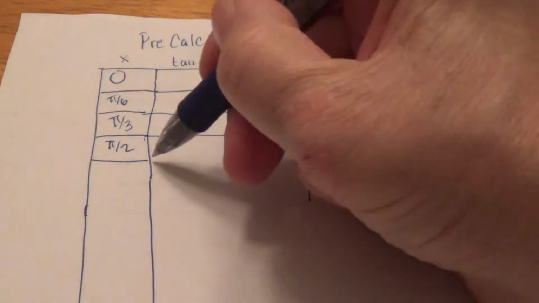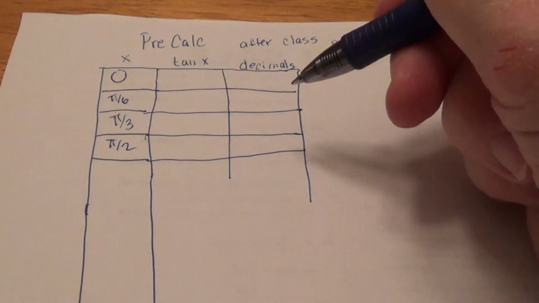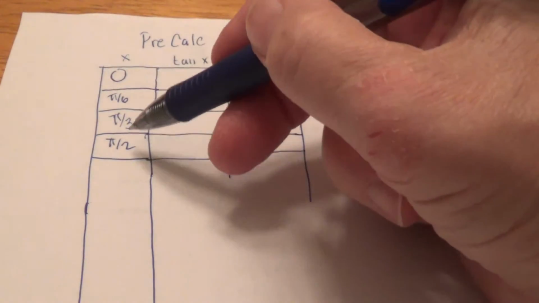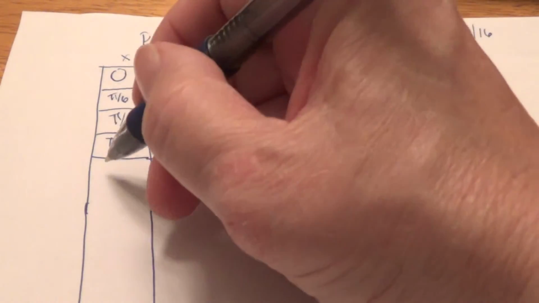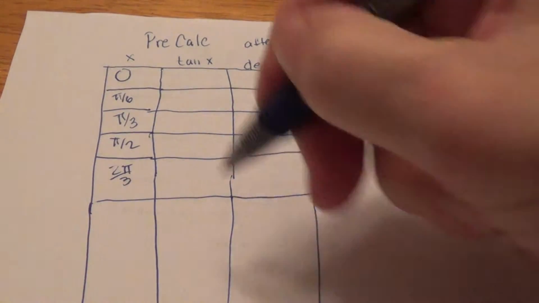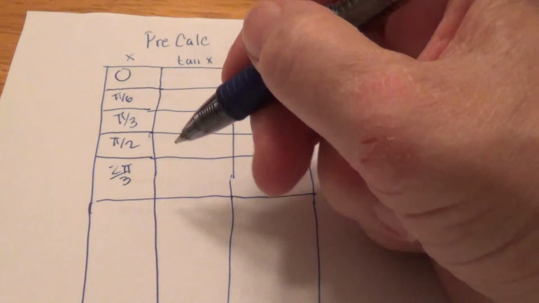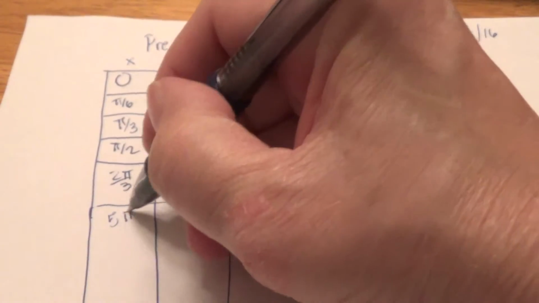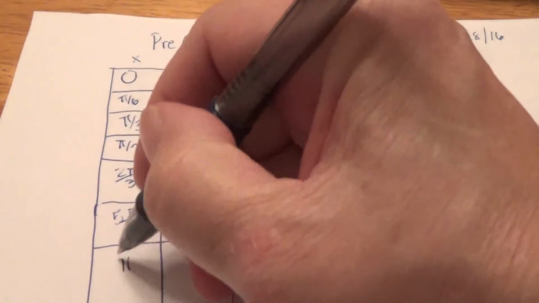Mine is not. All right, so that's 1/6, 2/6, 3/6, 4/6 pi. So if you used a ruler or straight edge, it would be nice. 5/6 pi, 6/6 pi,